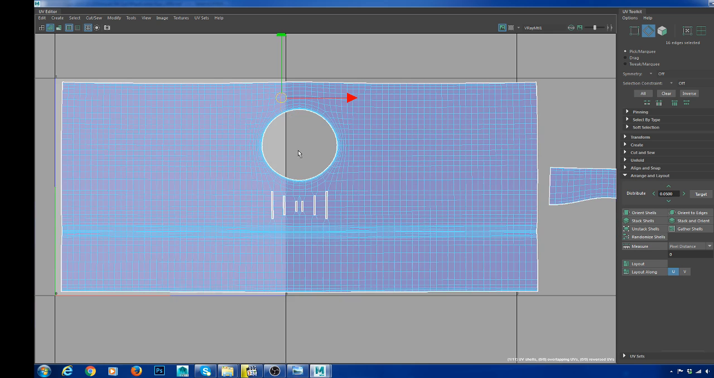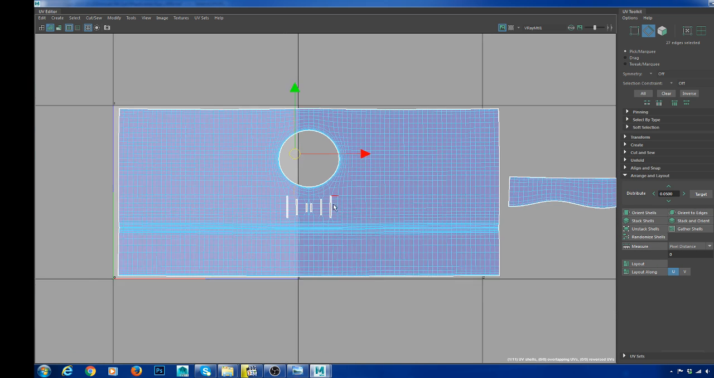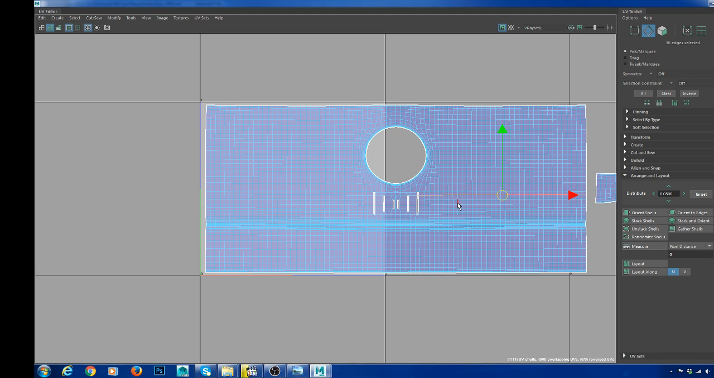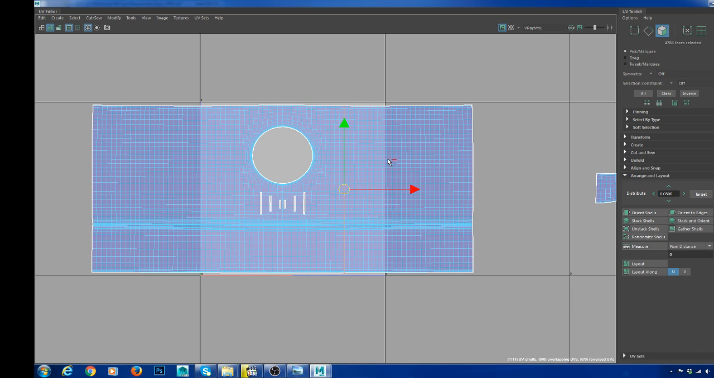Maybe here. It's better to have my pieces in the middle, so I don't want to cut a seam in the middle. So what I'm going to do is